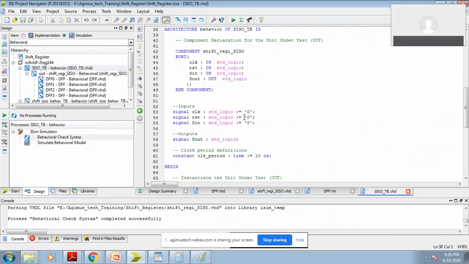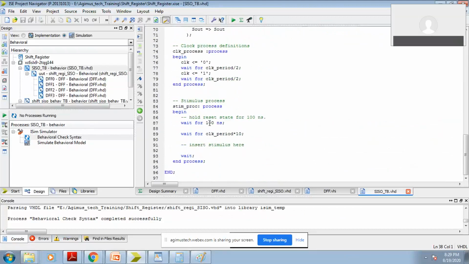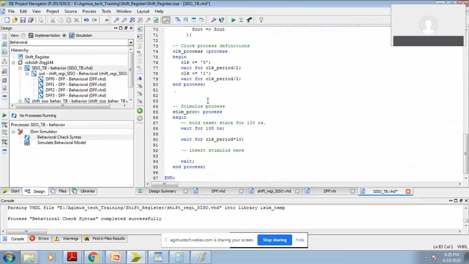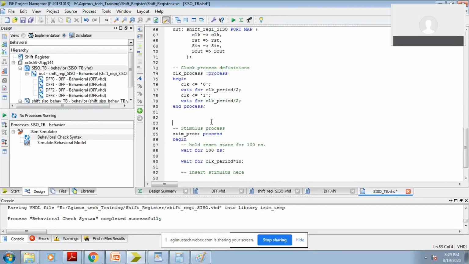So in the test bench, you have to mention the clock. Already the clock is mentioned, and nothing should be given. So only give a reset, as S in is the input, and the reset should be mentioned. So I have to mention the reset as 1 and 0 after 100 nanoseconds.